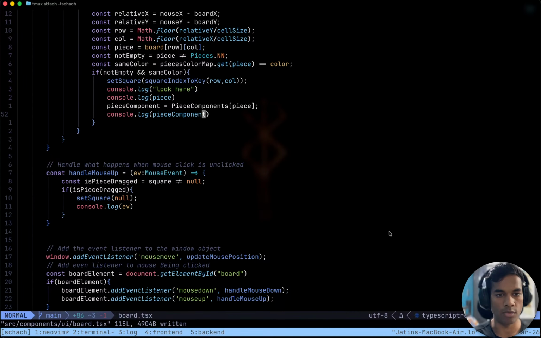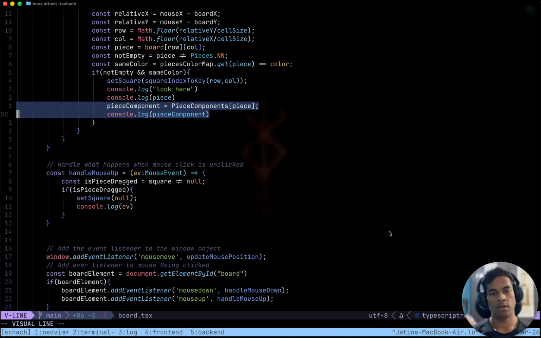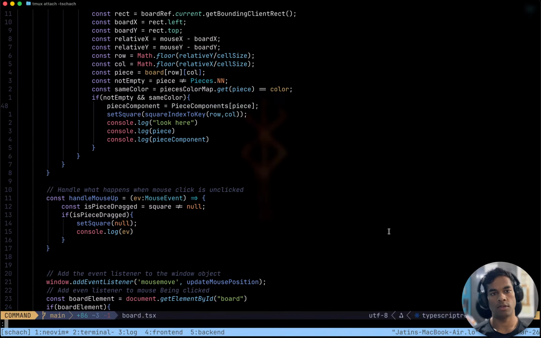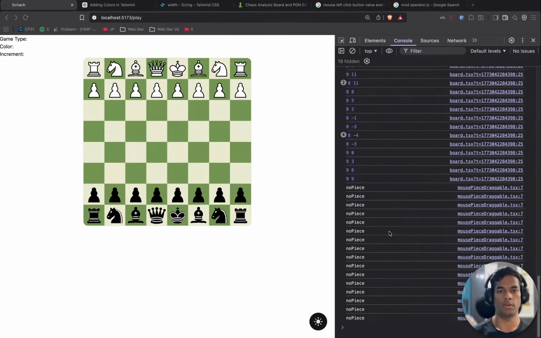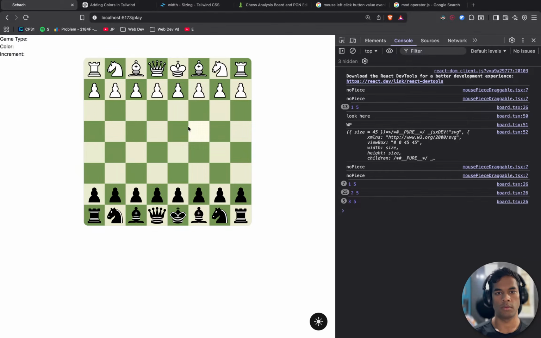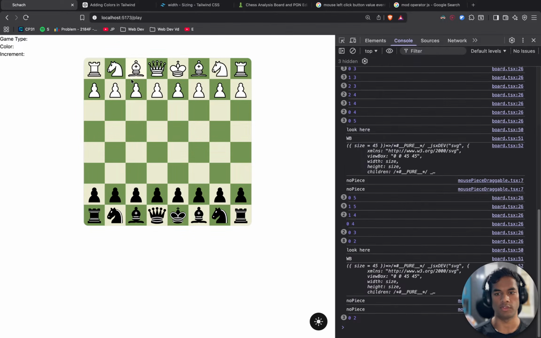A peculiarity of React. I think if we change this thing here, maybe we will be good. Now, nothing, no piece, still no piece.